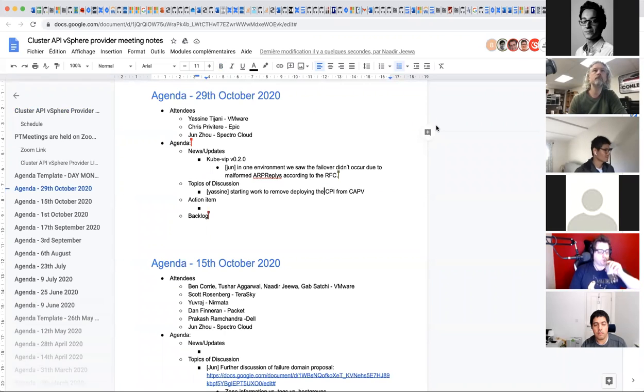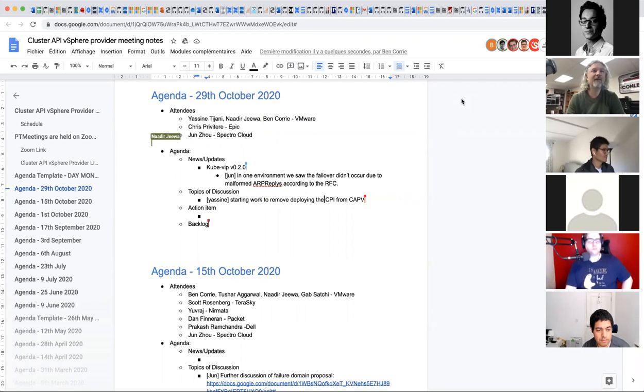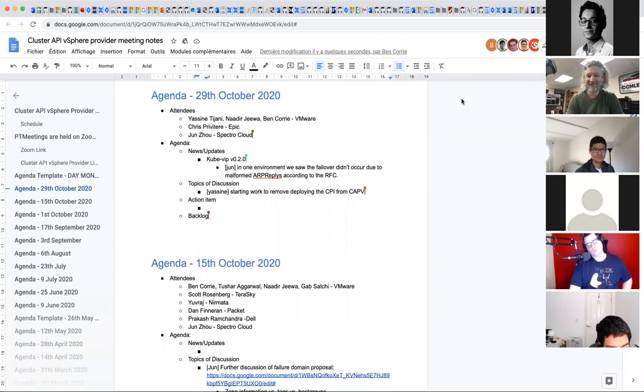Okay, so for topics of discussion, I added the first item before we go to iteration on the failure domain proposal. I started some work to remove deploying the CPI, the cloud provider integration, from CAPV.